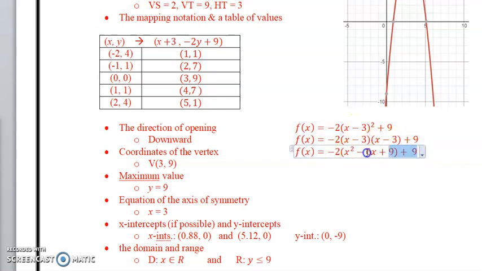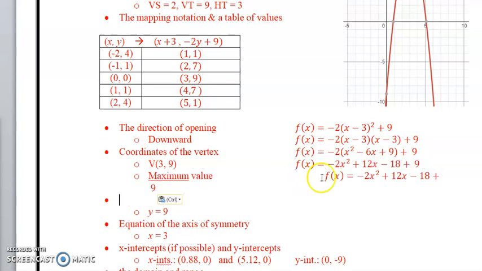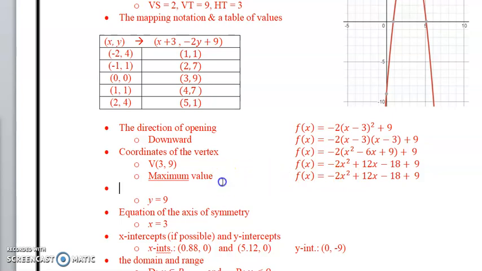Now we're going to multiply by the coefficient of -2 in front. So it would be negative 2x squared. Negative times a negative will give you plus 12x, and negative 2 multiplied by plus 9 would give us minus 18. Those are the brackets, and then these are like terms, so we add those two together, and our final step, negative 18 plus the 9. And in standard form is y. Remember, standard form is